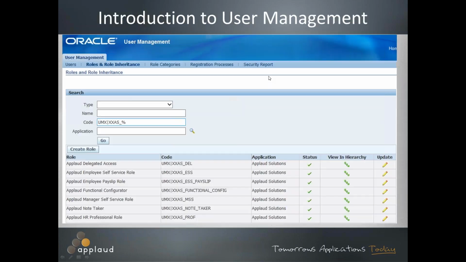Okay, so how do we do all this? So first of all, we introduce you to the responsibility of user management. This is a very important responsibility within Oracle that we use a lot. Some of you may have had expertise or experience with user management already. It's often used to reset passwords, and it's an alternative page for adding responsibilities if you don't want to use